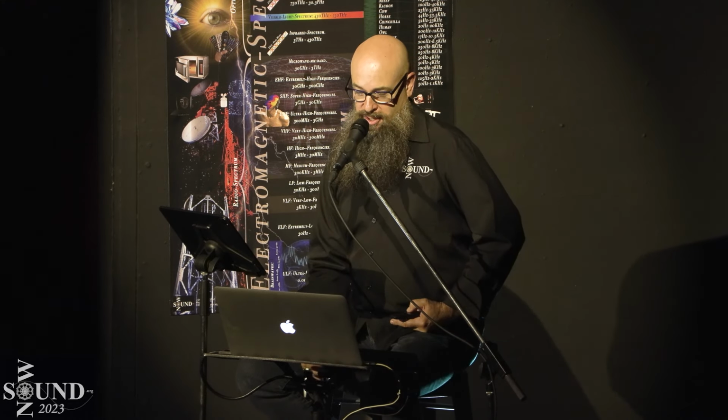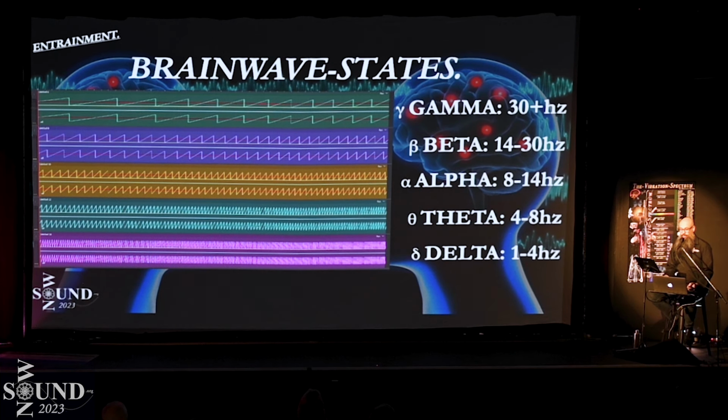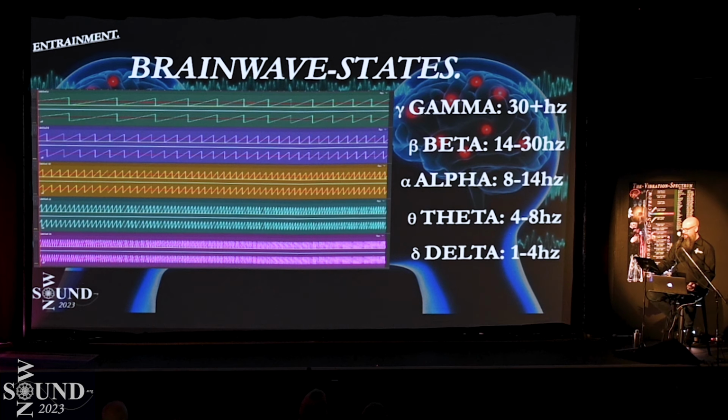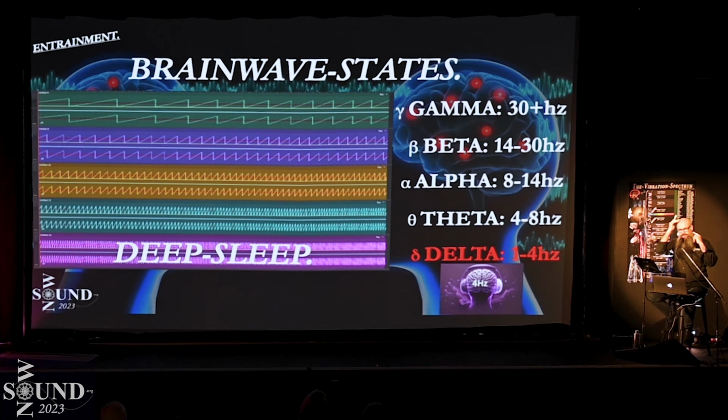So let's look at these brainwave states. So the 5 brainwave states are delta at the lowest when you're in a deep sleep, theta state when you're more dreaming and not in such a deep sleep, alpha state where you're just in a nice resting state, beta when you're more alert, and then gamma when you're really fired up and you're alert and you can do crazy feats of human thought. So here is a binaural beat, where we do 2 frequencies and they combine, and then your brain will interpret the frequency.